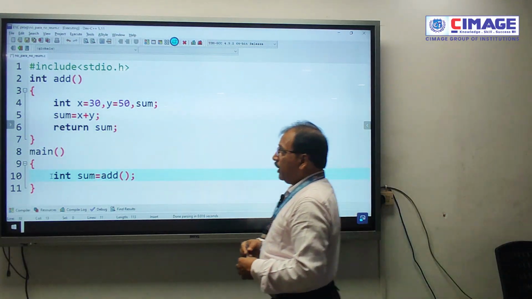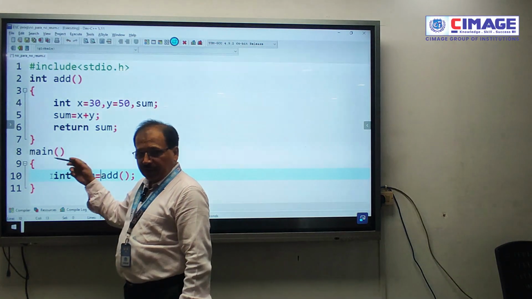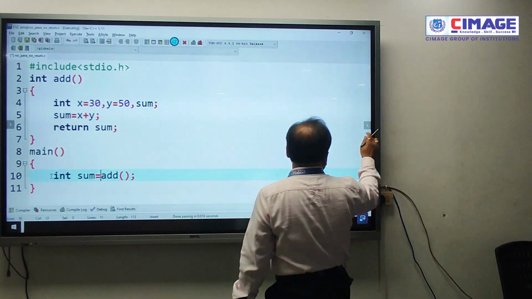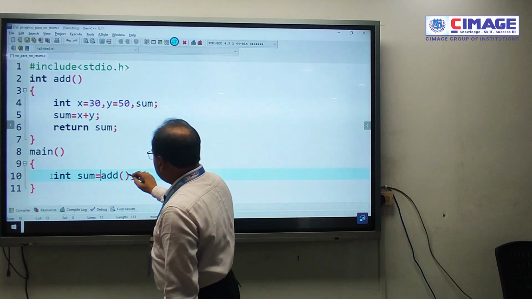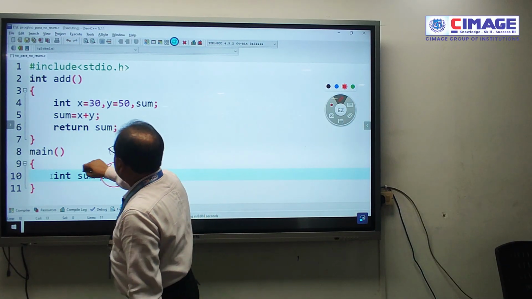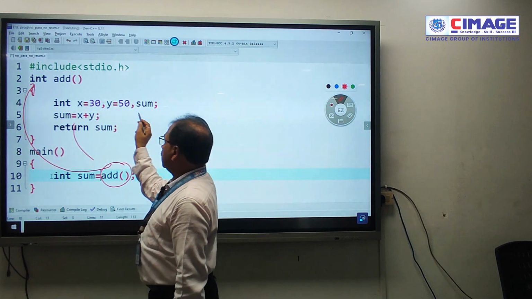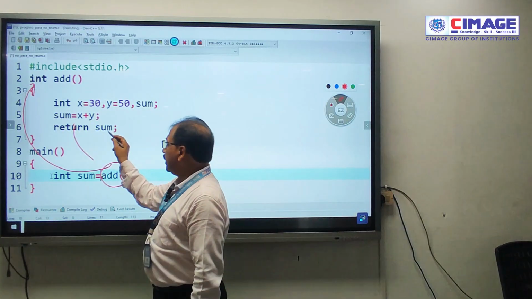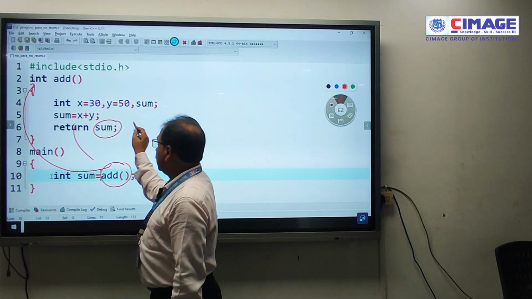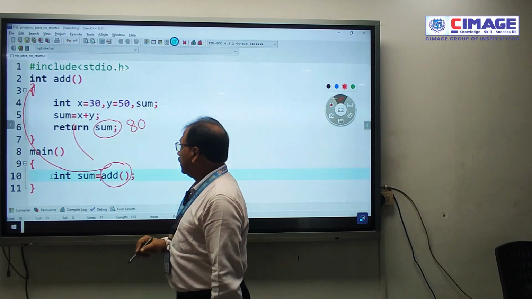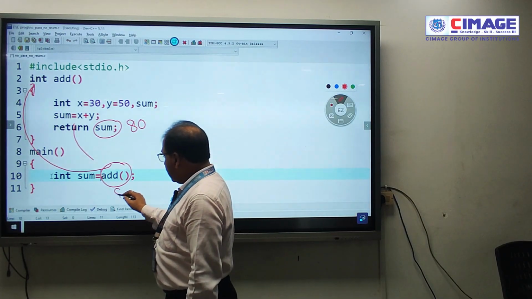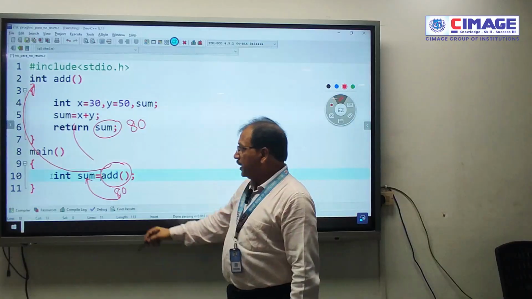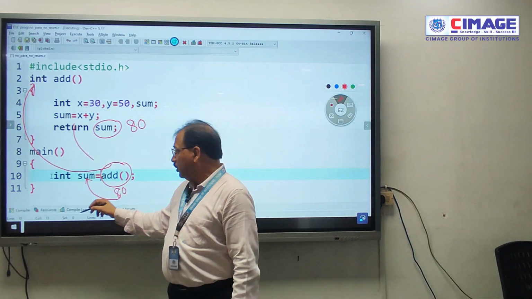That means whenever your execution starts from the main, definitely execution starts from the main, this is going to call the add method, so your control is getting transferred from this place to this add function, and within this three variables got declared, 30 plus 50, 80 is the value of sum. This is going to return the value of sum. As per this example, this is going to return 80. The return value 80, that means this 80 is coming down here, and this 80 is getting stored in this particular sum. Now within this particular main method I have to print the value of this 80.